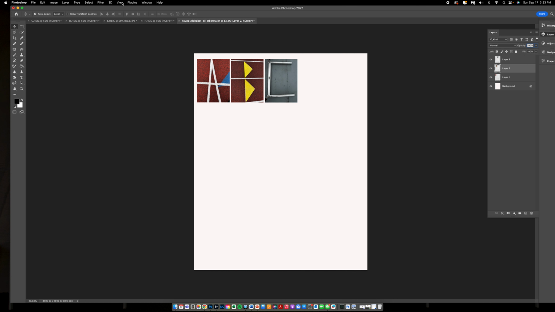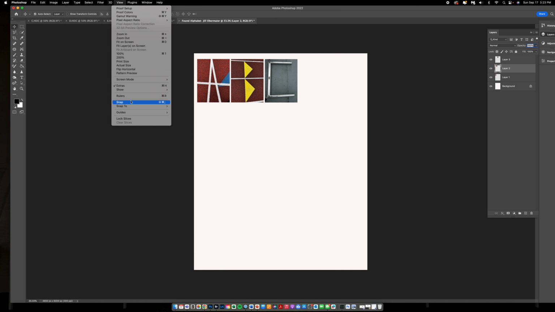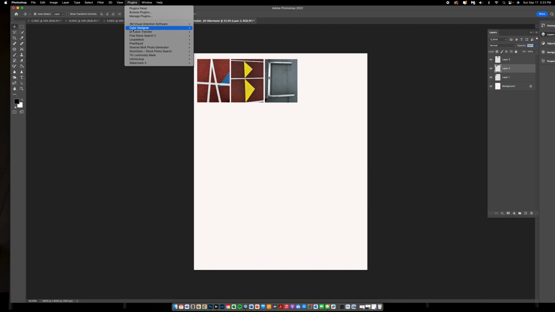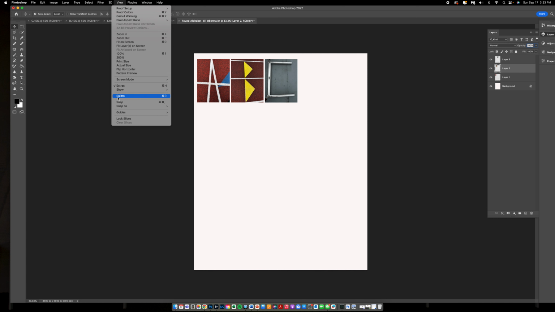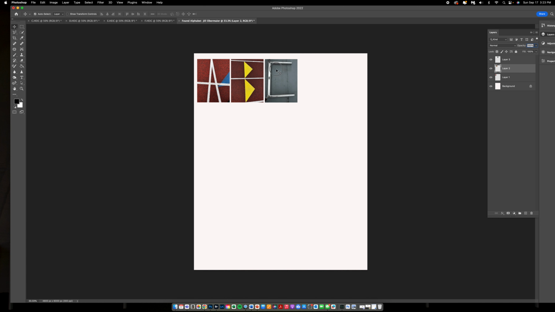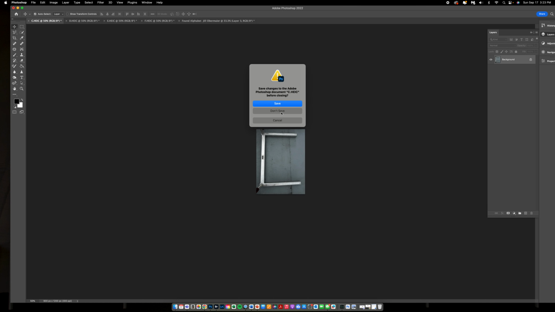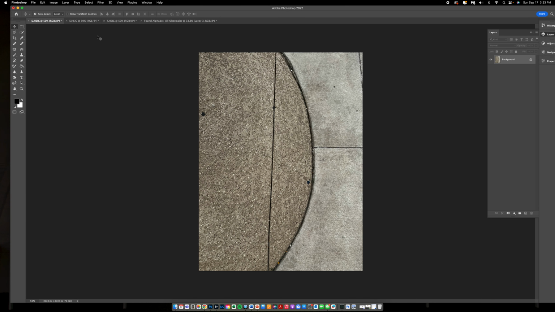Another thing to keep in mind is there's something called Snap. It's under View. If it's on, it will make it a little harder to line things up. So make sure that Snap under View, go to View on the menu bar, make sure Snap is not checked on. Okay, so here we go. Just kind of double checking that. All right, so that was C. I'm going to close that up. Don't save. D,